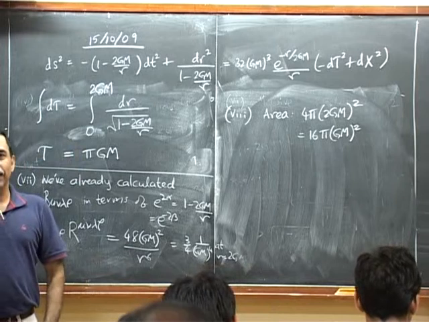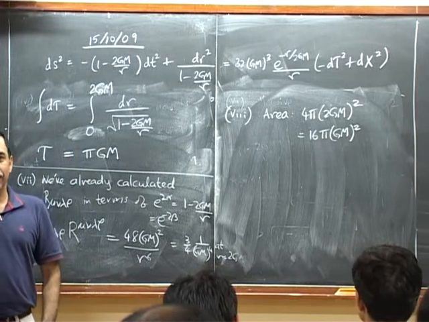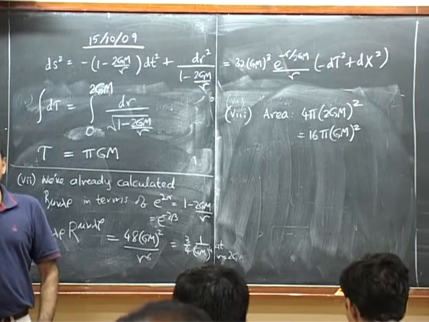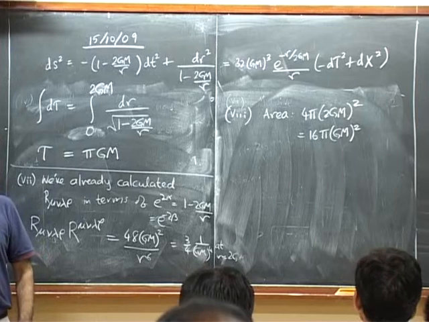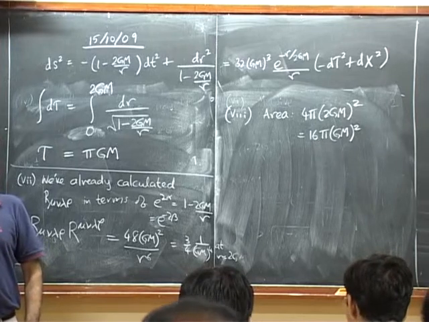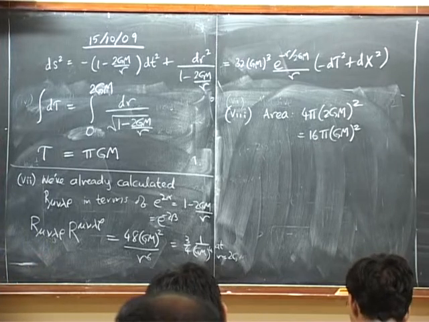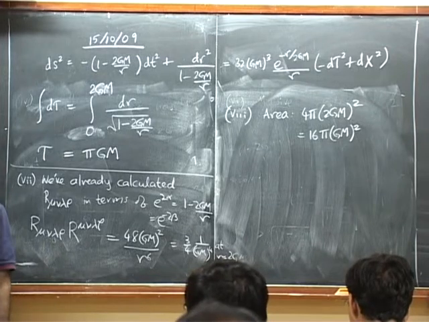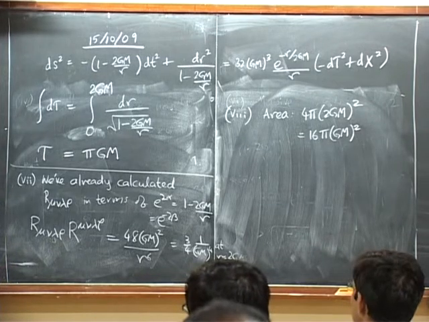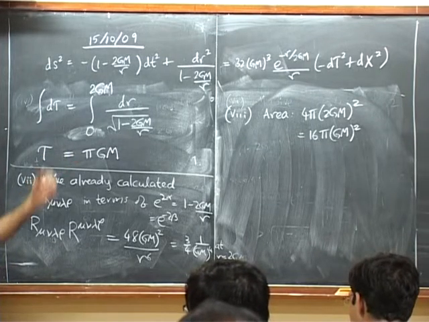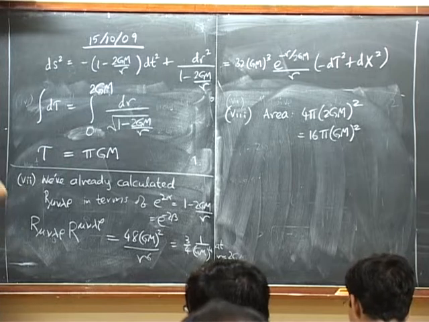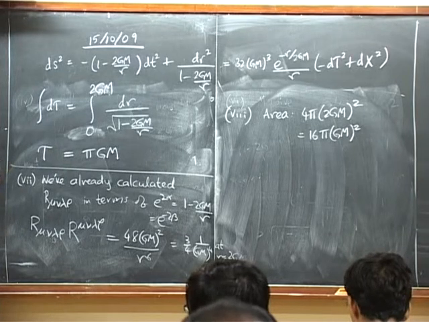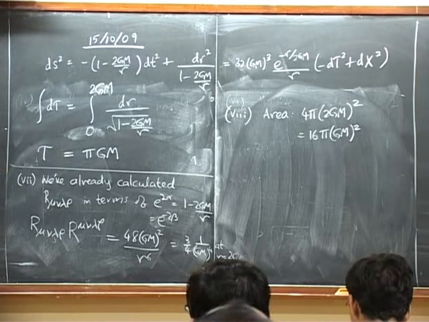Okay, but then we knew that the location of the horizon depends on the mass. So GM is a length scale and is the only length scale in the problem. So obviously it determines the area. However, what this means is that if I add some mass to the black hole, and if it remains a black hole, which we'll argue, then of course it will have a higher mass and therefore its area will increase. Okay.